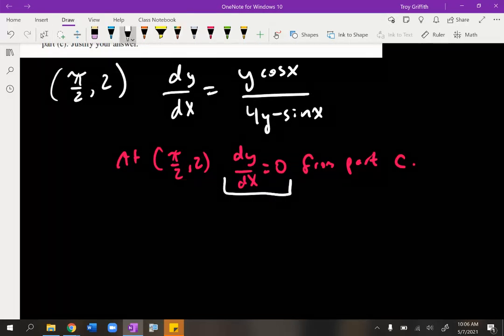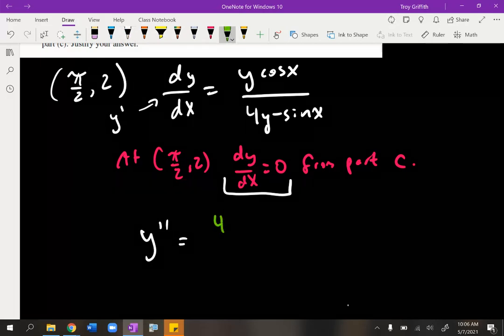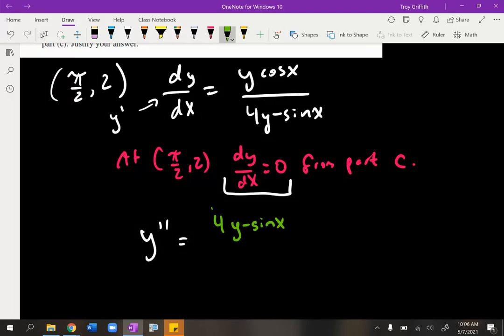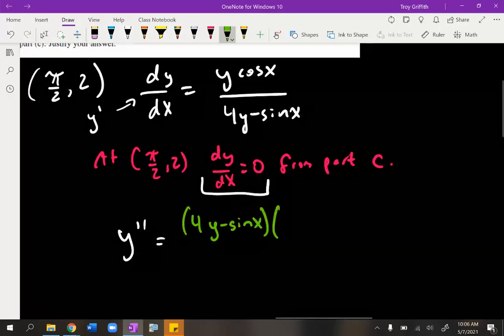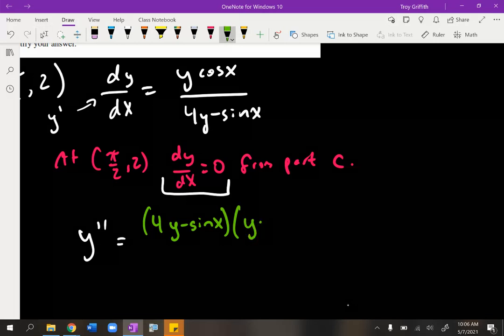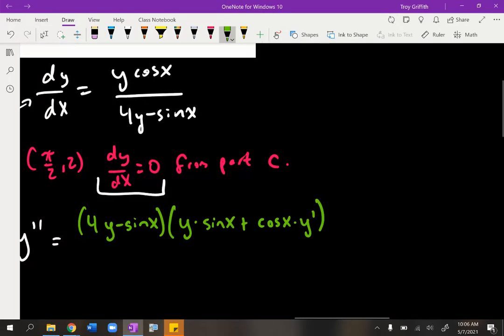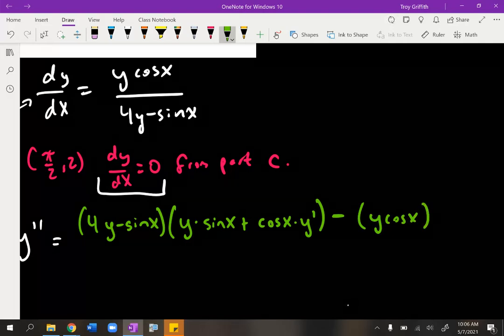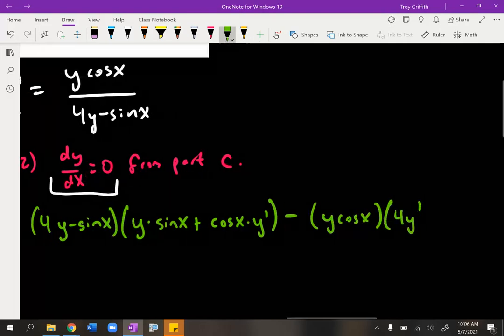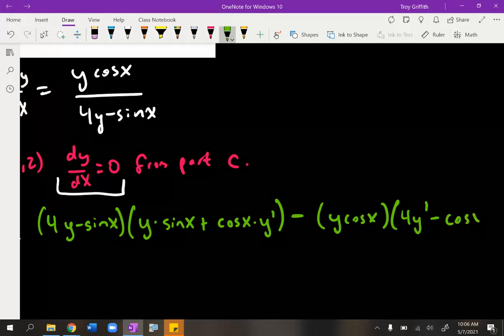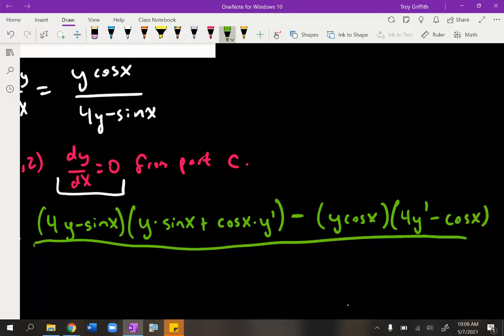Okay, so if I call this y prime, I would like to calculate y double prime. I'm going to need to use the quotient rule to do this. I start out with low times the derivative of the top. The derivative of this is first times the derivative of the second plus the second times the derivative of the first, y prime. It's going to be a big derivative, minus high, so cosine of x, d low, so 4 y prime, minus the derivative of sine of x, which is cosine of x. All divided by